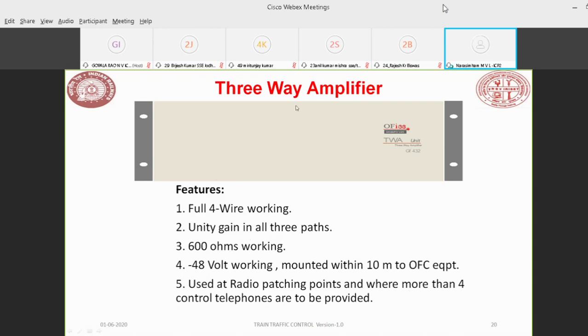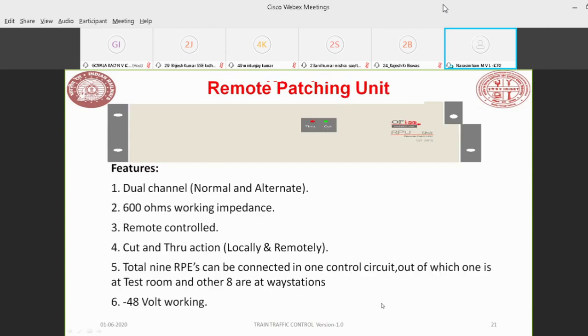So you will use the three-way amplifier on two different occasions. One occasion is when you use two MTWE equipments. Another occasion is if you want to use only one MTWE, but with the additional equipment of RP for protection. If you are using a protection path through RP equipment, then to connect these two equipments, one RP and one MTWE, again you need a three-way amplifier.